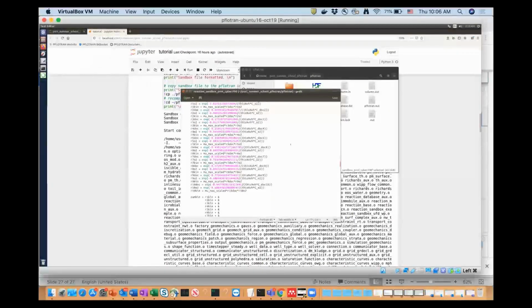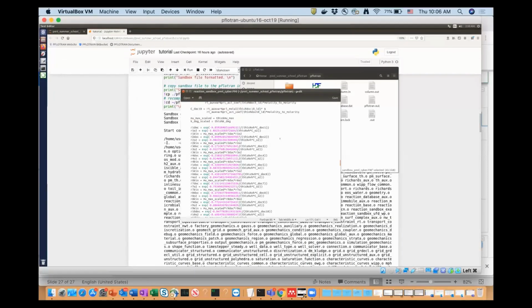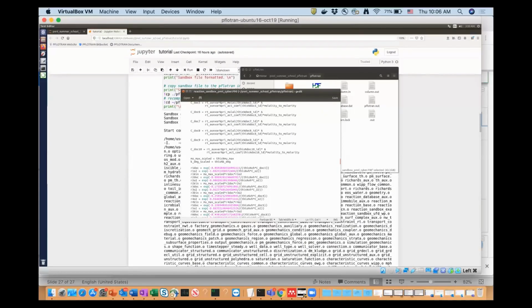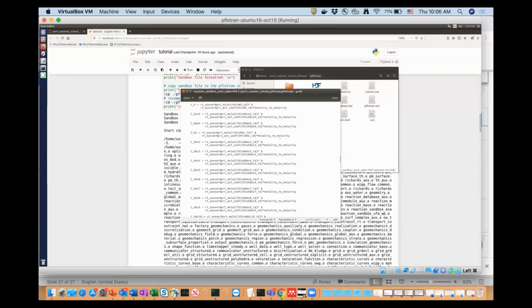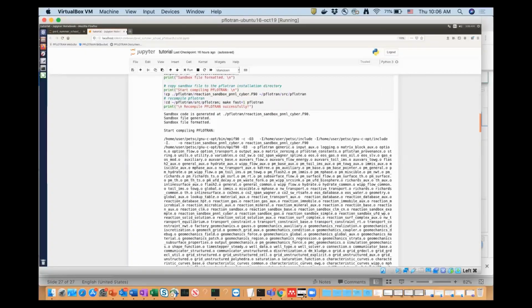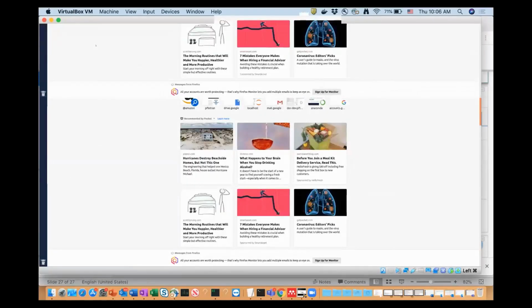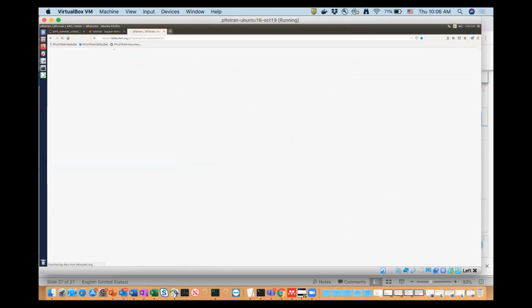You don't need to understand all those Fortran code, because it would probably take some time to learn the sandbox. If you are interested in this, you can go to the Pflotran website. If you go to here, I can show you the